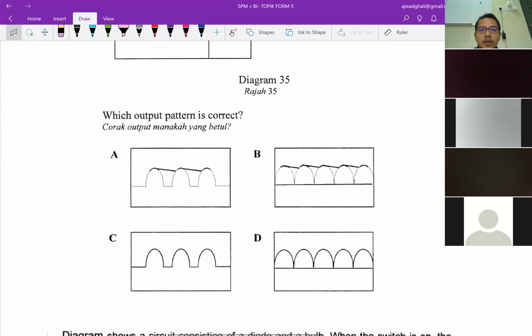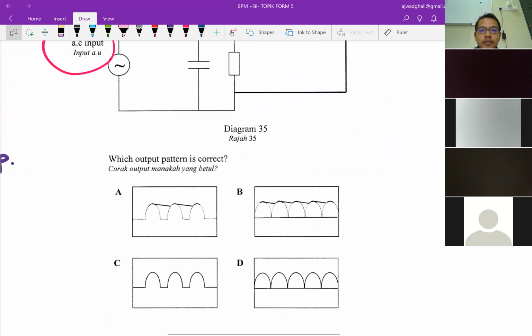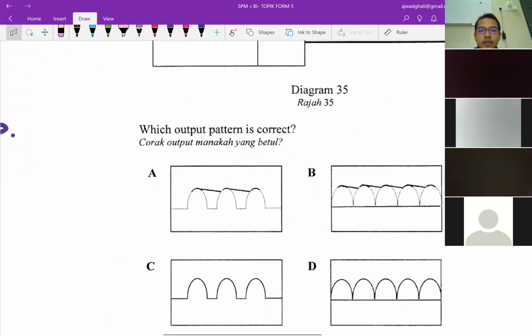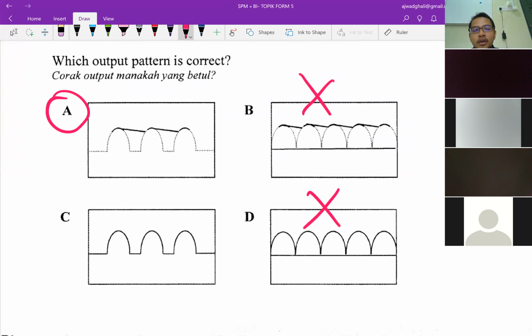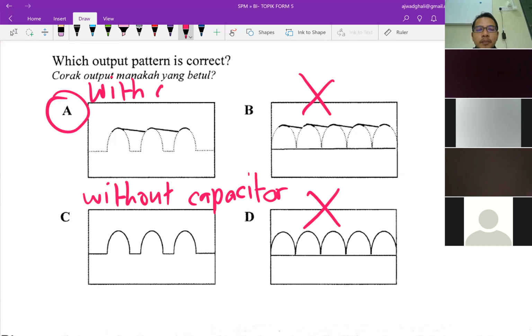Okay, what will be the output? Okay, so the answer is A. So first you see one diode. So one diode, this one is wrong because for full wave you need 4 diodes. So either A or C, but C is without capacitor. This one is with a capacitor. Okay, that's the main difference. All right. So another one,